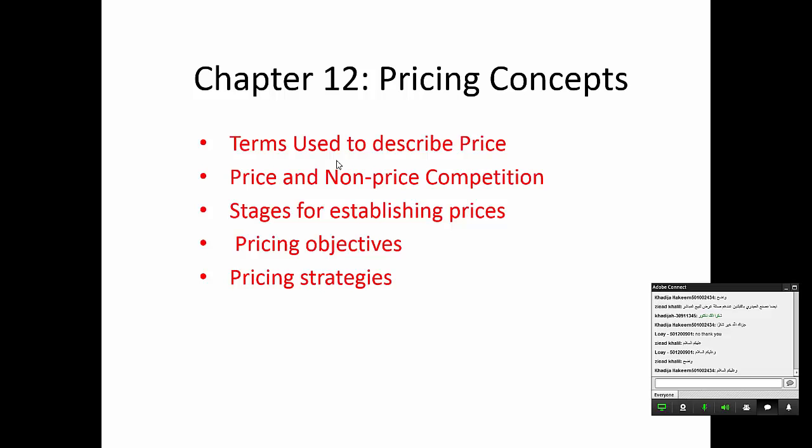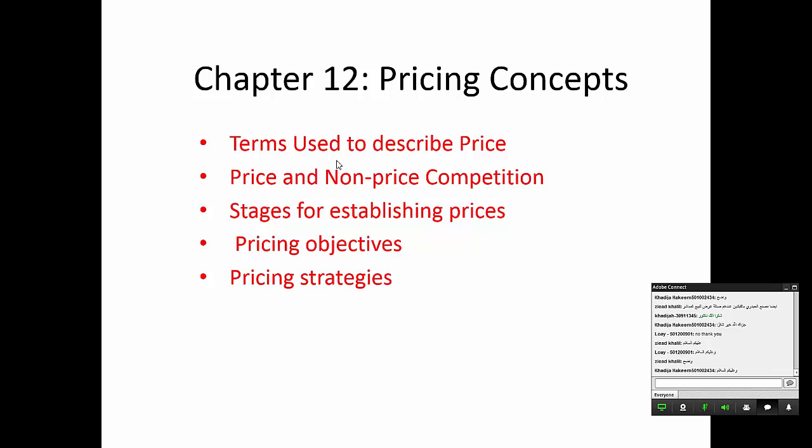Chapter 12 is related to pricing concepts. These are the outlines of Chapter 12, and as you can see, the first point is related to terms used to describe price, the second point is related to price and non-price competition, and the third point is related to stages for establishing prices. Okay, and finally we will talk about two major ideas about pricing, which are pricing objectives and pricing